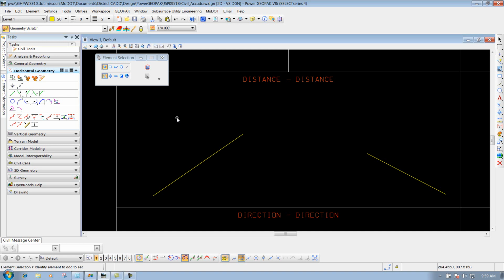Civil AccuDraw distance option. That is this tool right here in your Civil AccuDraw toolbar. Looks like two circles. Distance. This allows us to come in here and place, let's say, a cell from a certain distance A from a certain distance B. So if I come in here and I'll just use my horizontal geometry tools again and place